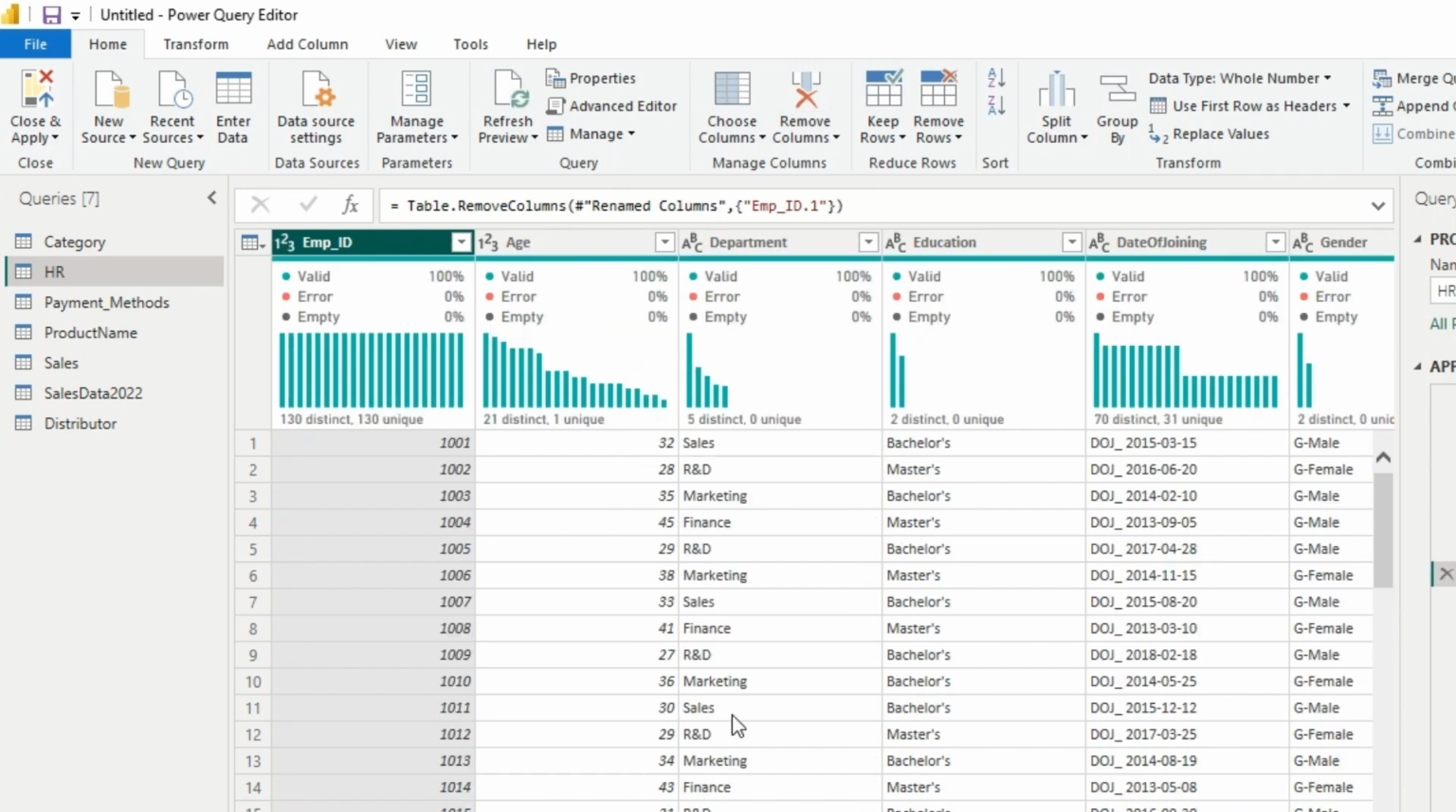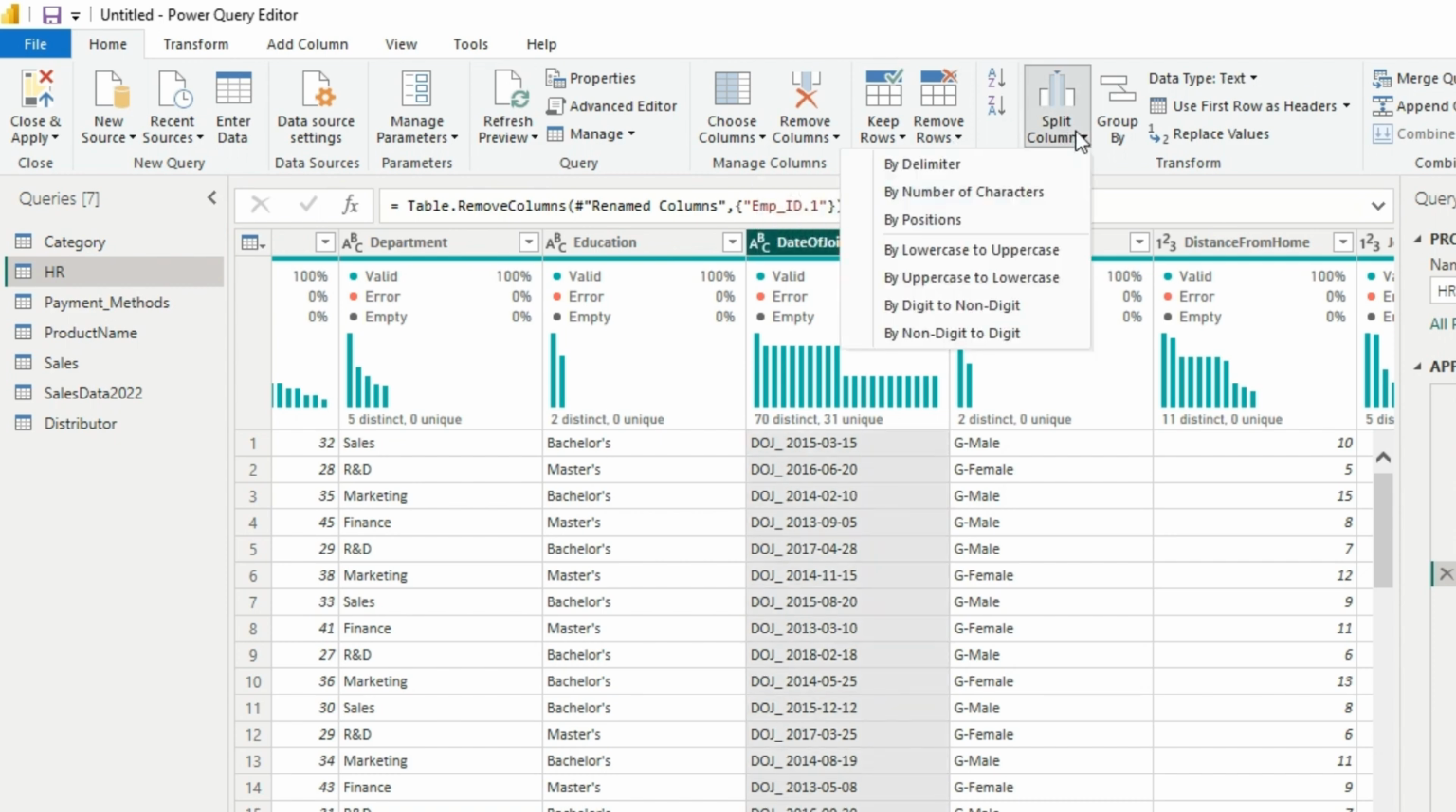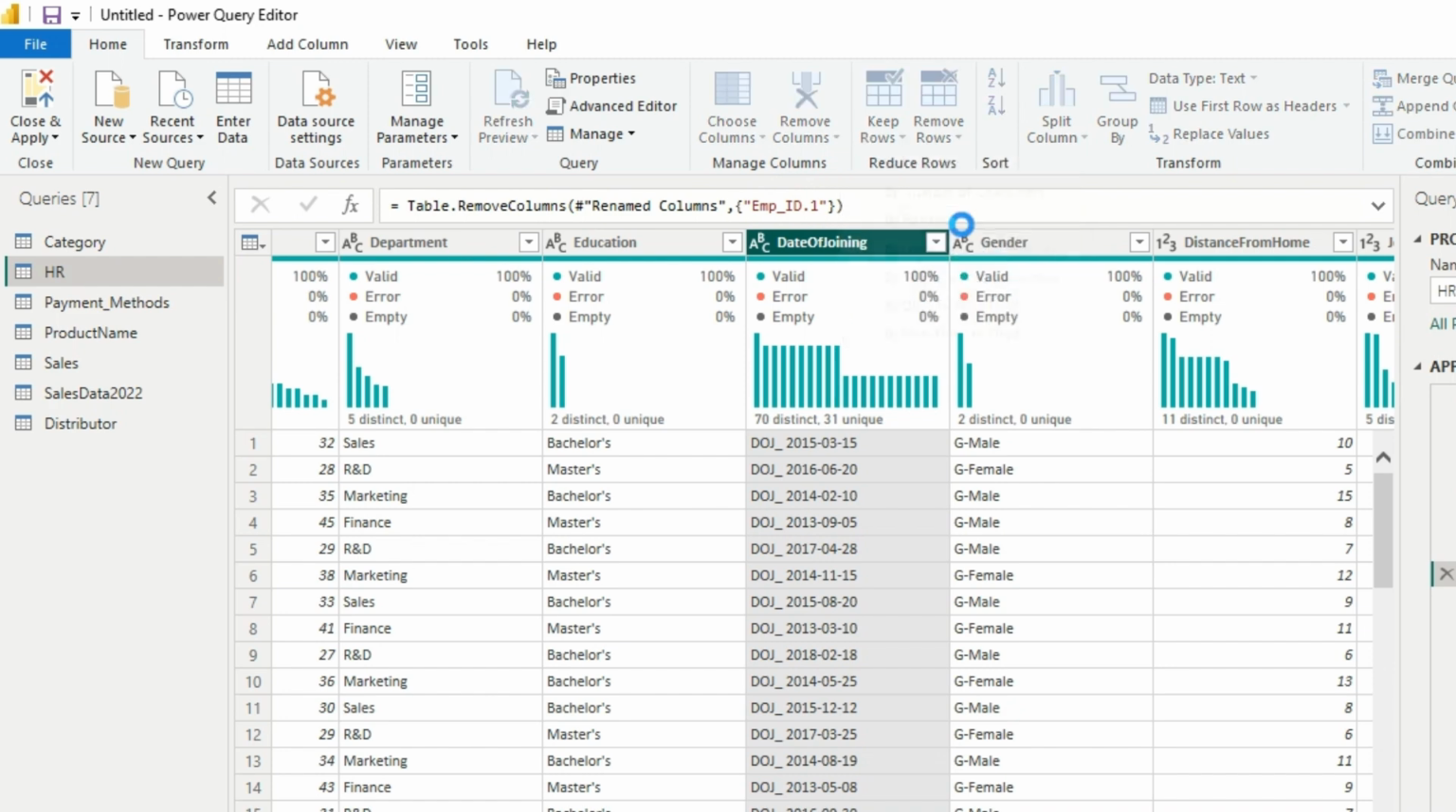Now, another way we can also split this is we can say, okay, we want to split this particular date of join. How do we split it? I come here and I say, split column. And what do I want to split? I want to split by position. Yes, now I can split by position. But guess what? Now,